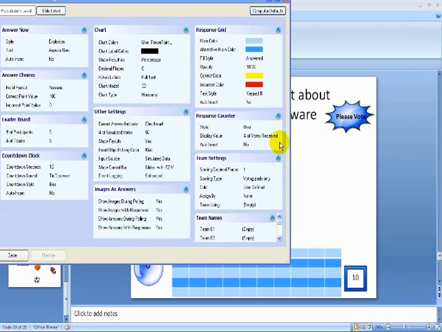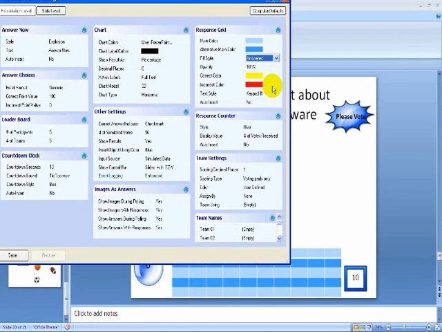Okay, so if you've inserted a response grid object into your slide, you can customize that object up here under the response grid area. You can change the colors of your rows. You can also choose between if the keypad has answered or if they get the correct or incorrect answer, and the color of that keypad ID number that shows up will show up in yellow if they did get the answer correct, and it'll show up in red if they got the answer